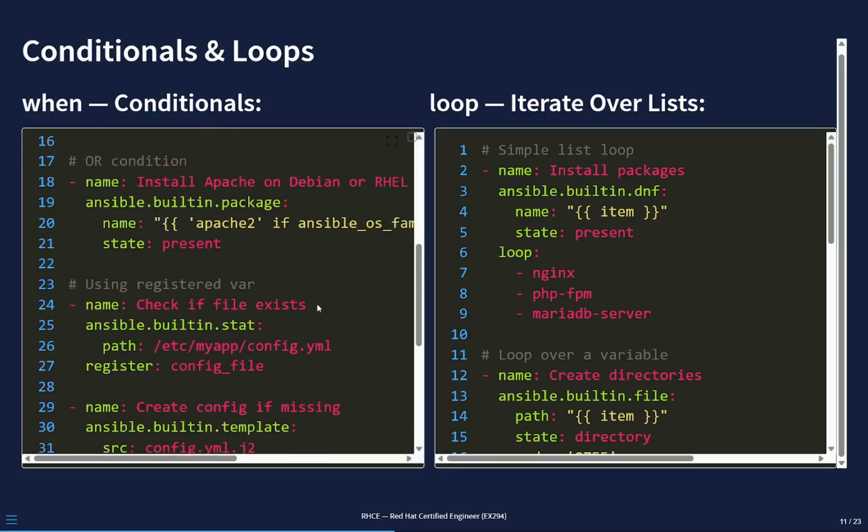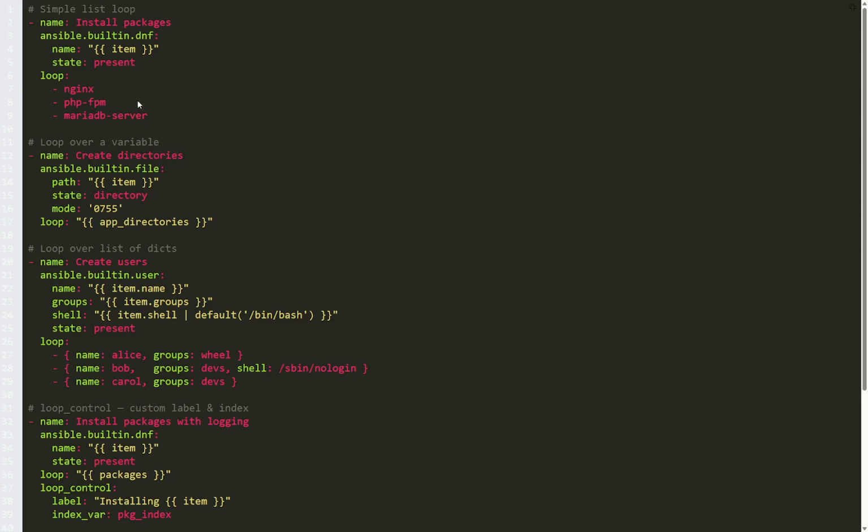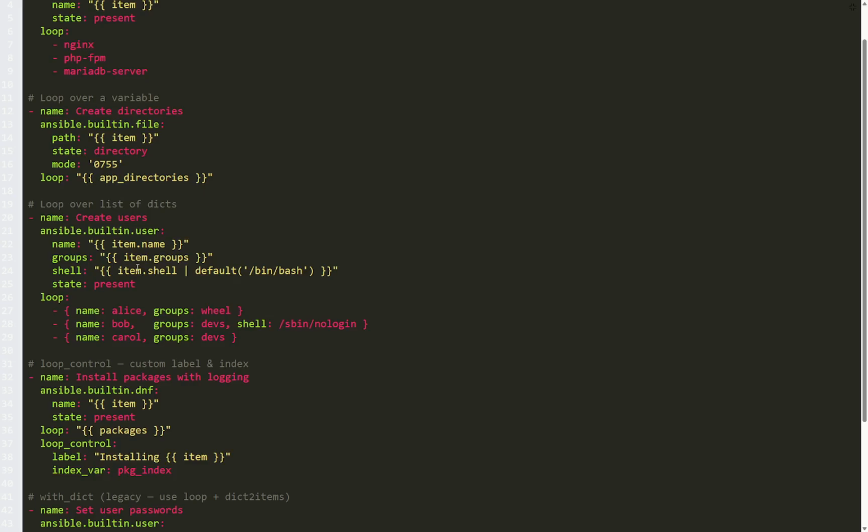Next, loop iterates over a list. The current item is available as item. For a list of strings like package names, the loop is simple. For a list of dictionaries, like the users example, item.name and item.groups access the keys. The item.shell | default('/bin/bash') means if the shell key is missing from a user dict, bash is